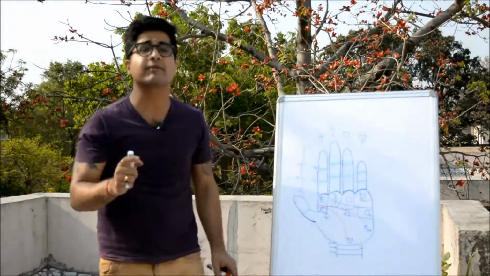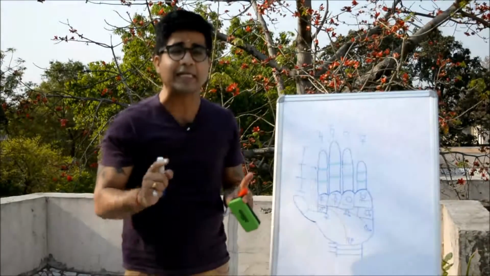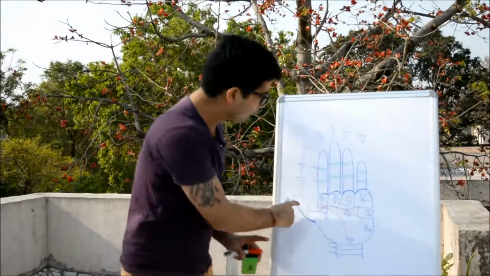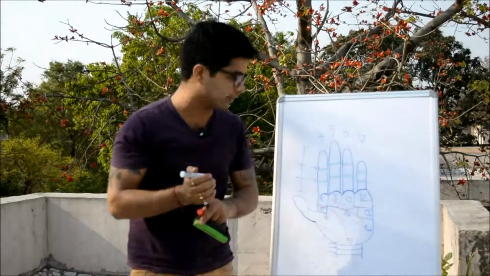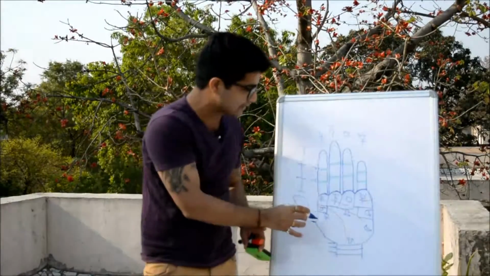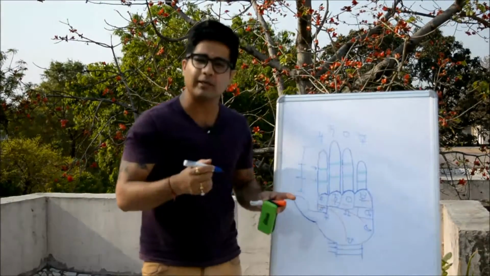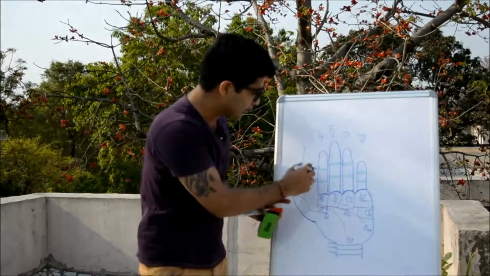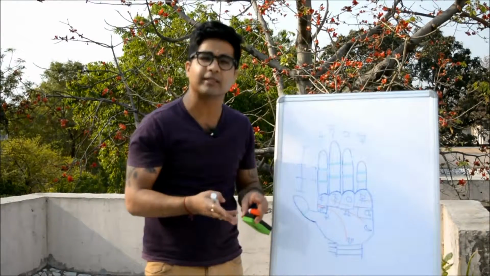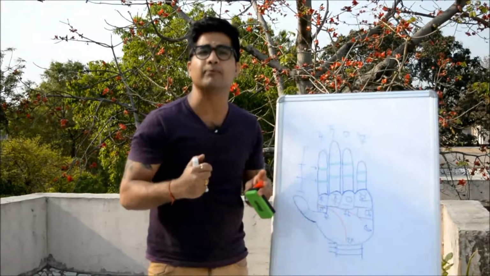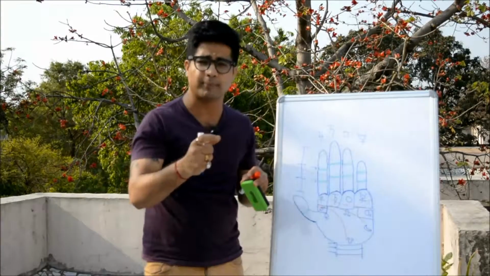And one thing which is very important to understand, the way I say it: chirognomy is the structure of the hand, and chiromancy is the marking and lines of the hand. So just by looking at this hand, if you know a little bit about chirognomy, by the length of the fingers, the shape of the fingers, whether they are straight or crooked, you can understand a lot about a person's nature.